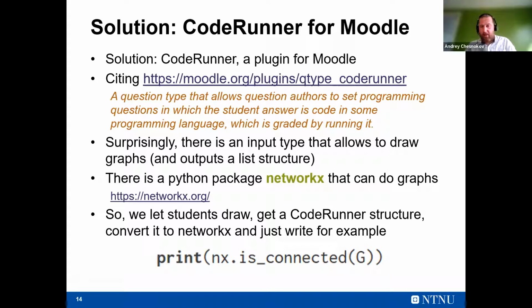So we have installed all this on this Jobe server that runs the Python code. And then we let students draw, and then we get a Python structure from CodeRunner, and then we send it to NetworkX, and then we can just write something like this to assess whether the student's graph was connected or not. And then I see that I do still have a few minutes,